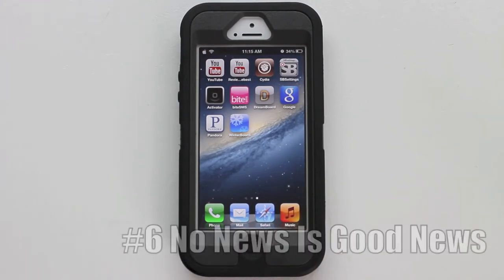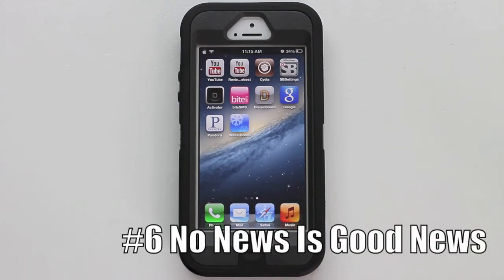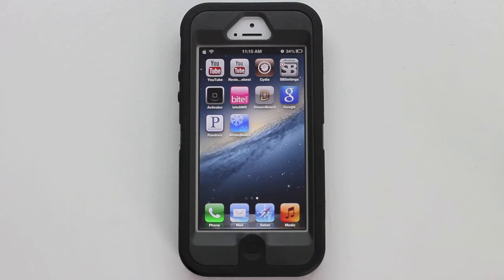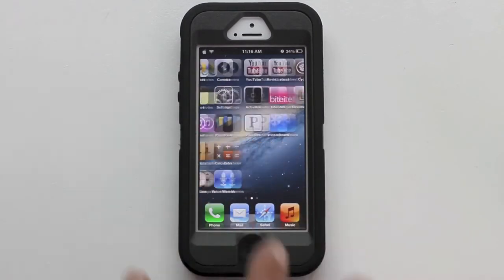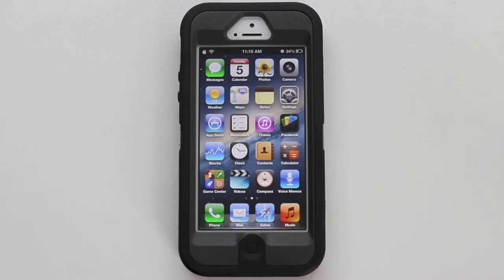Next up, number six is No News is Good News. And what this does is hide the standard Newsstand application. You can see this is an iPhone 5 and Apple ships the Newsstand application standard with everybody's iPhone 5 and iOS 6 in general. Let's go ahead and take a look around. You can see here Newsstand is not on the device at all. You can't see it anywhere. I don't have any folders. It's not hidden anywhere. It's just completely gone. Now, to get the Newsstand app right back on, all you need to do is delete the No News is